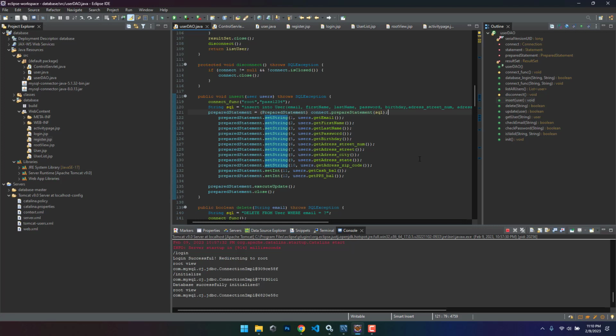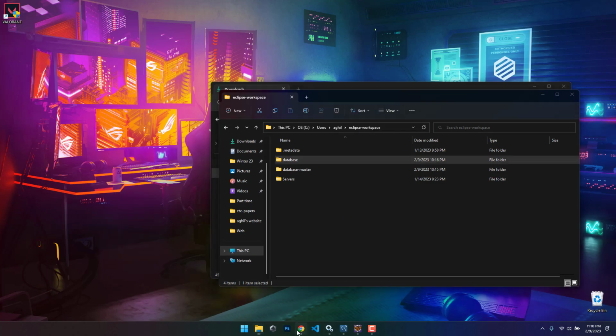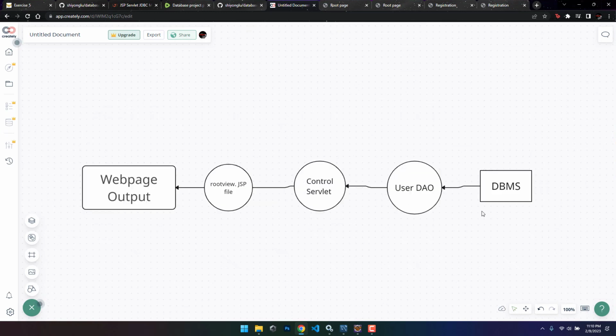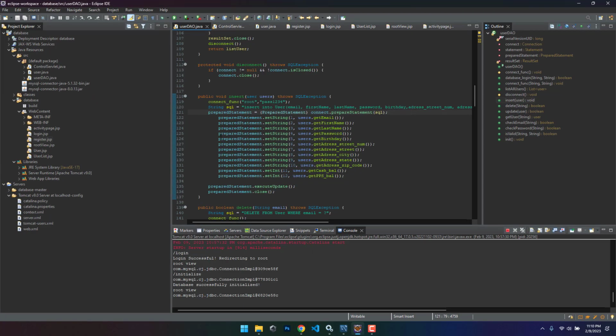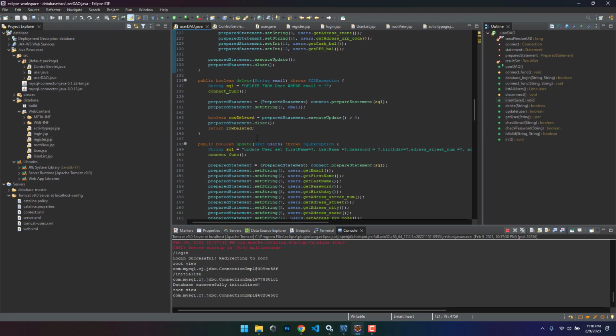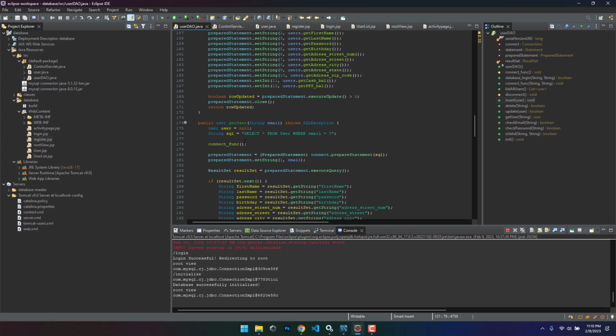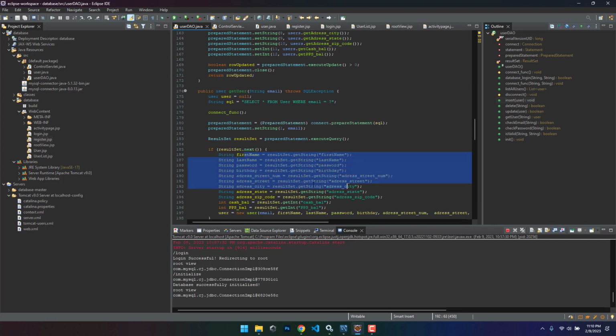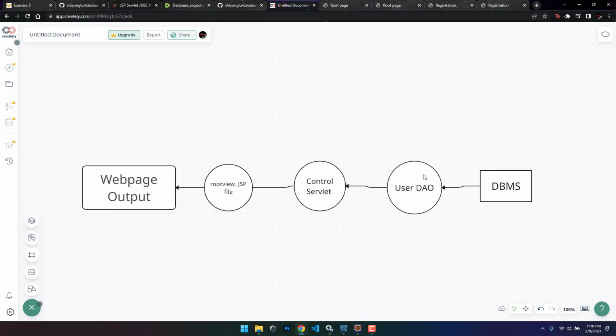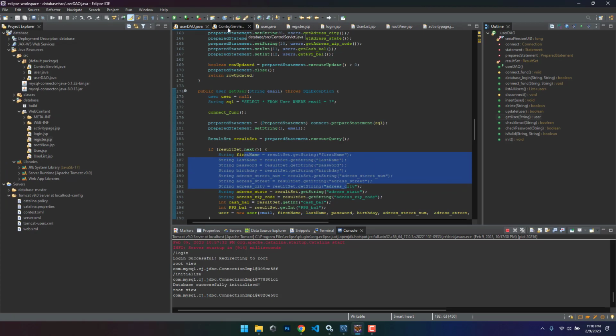So this is for the input side, right? So let's look up an image for our output side as well. So here I have another flowchart which describes our output page. So first, whenever the value gets changed in a database, it's going to go to our user.dao. Let's say we have to get a user, right? So what user.dao does is it's going to get the user, right? So it's going to get all the string name, birthday, and all those address fields. It's going to get them, and then it's going to pass them to our control servlet, right? So in our control servlet, if you see over here,